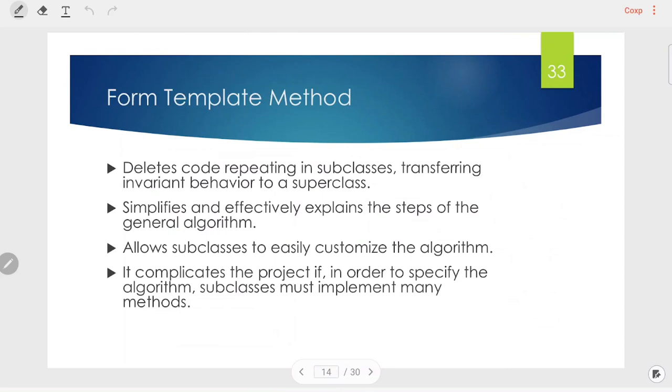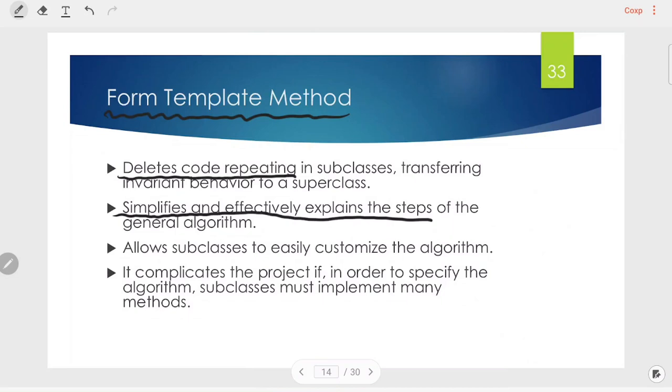For example, if we use template method to remove the duplication code, we can delete code repeating, and I think it's good. Sometimes we can simplify and explain the steps of general algorithms, because we can name our methods